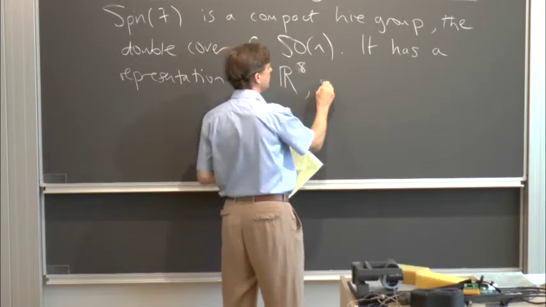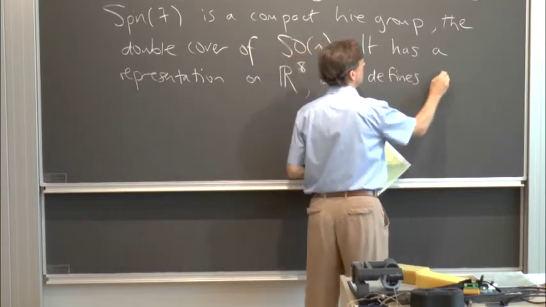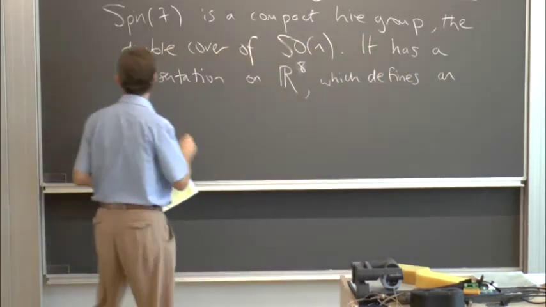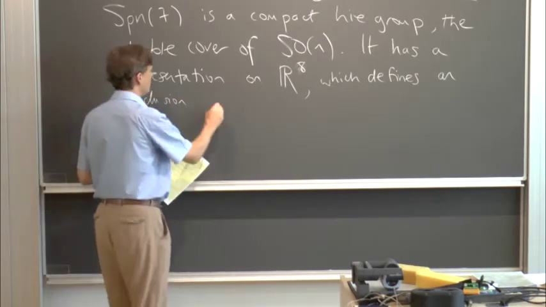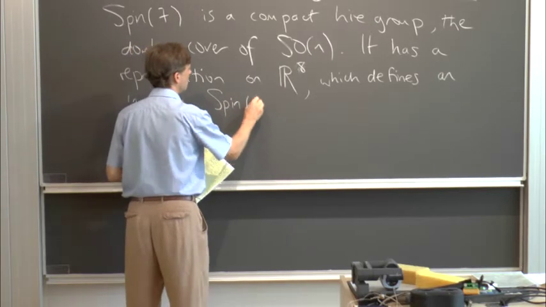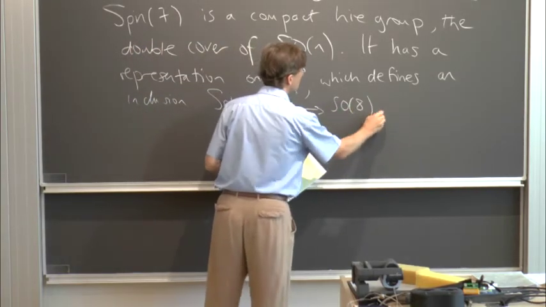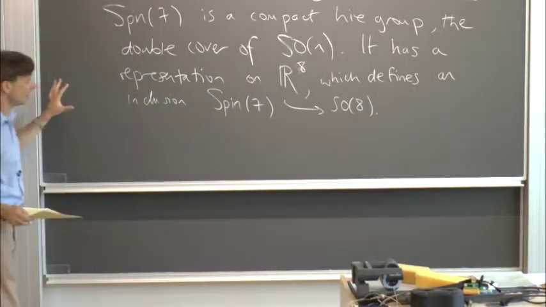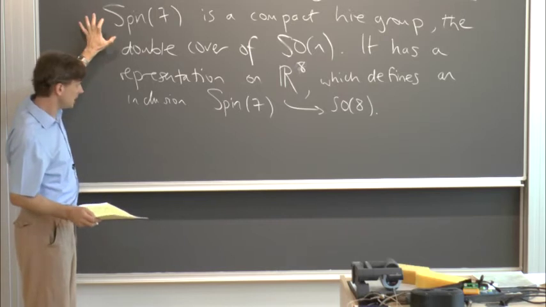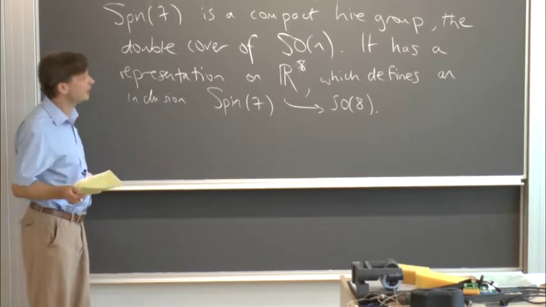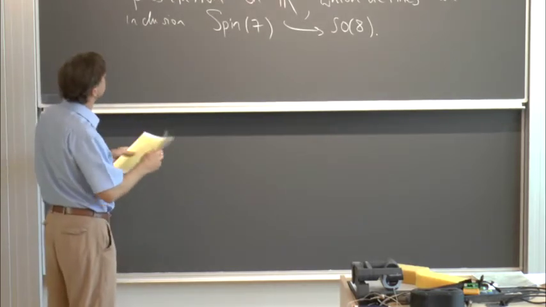and therefore this defines an inclusion from Spin(7) into SO(8). Okay, and you do this trick in any dimension, but Spin(7) is the case in which it happens to be a holonomy group. I suppose actually Spin(3) is SU(2), which is also a holonomy group. Now, in fact,